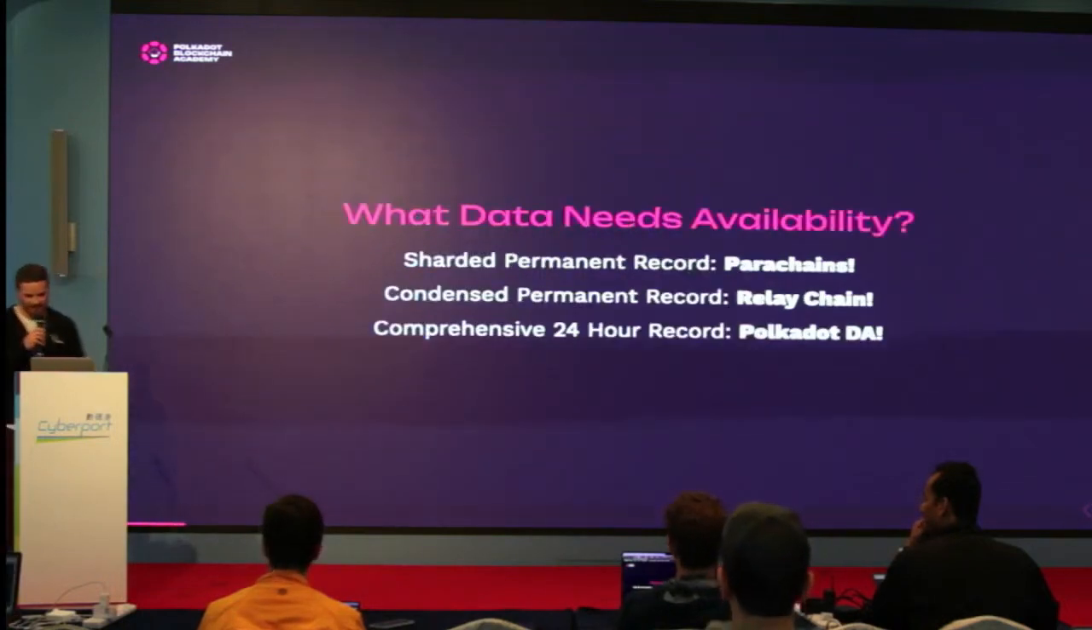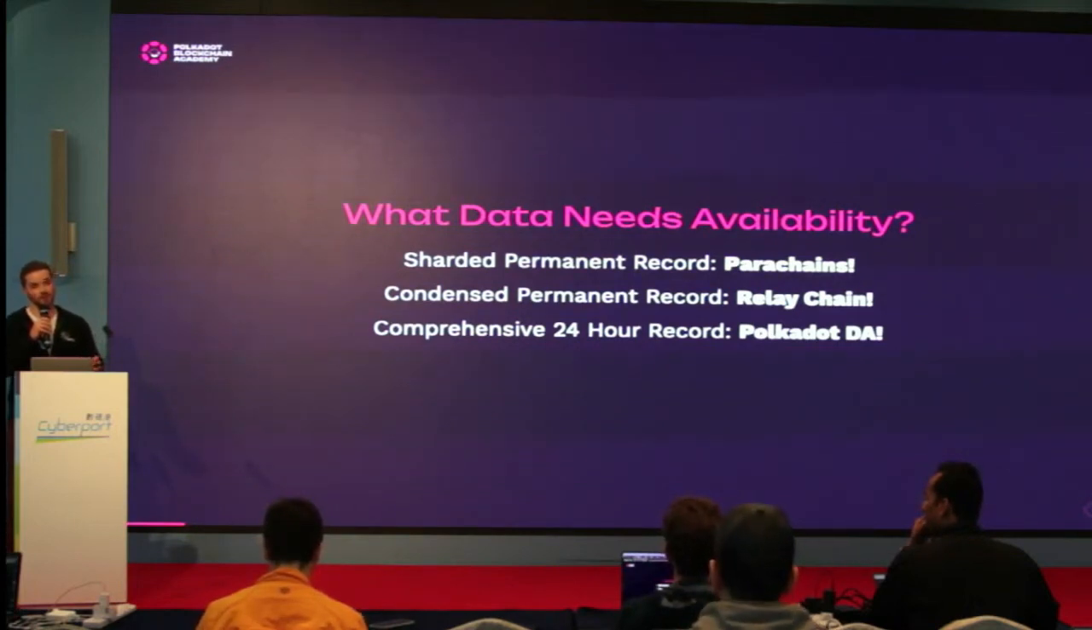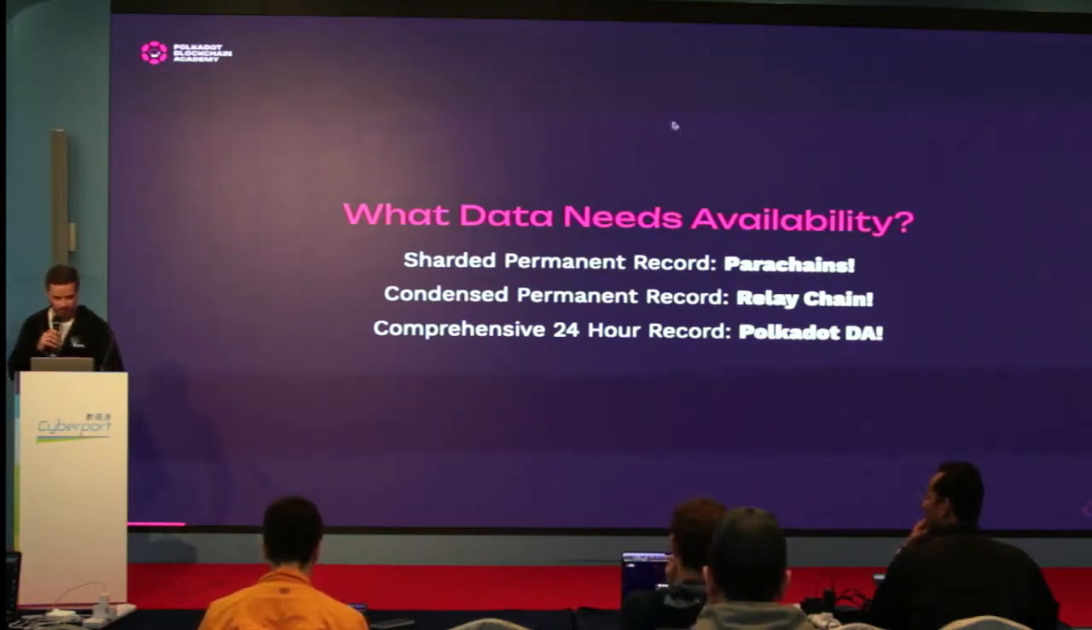All right, so what data needs availability in Polkadot? So we have this sharded permanent record that goes on parachains. Then we have this condensed permanent record that goes on the relay chain, which